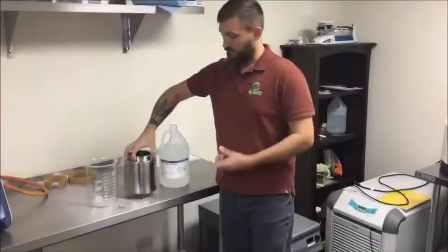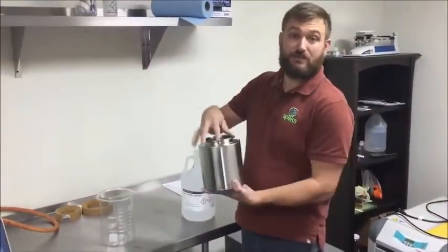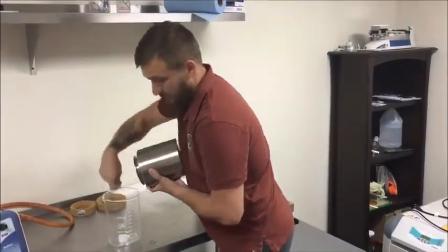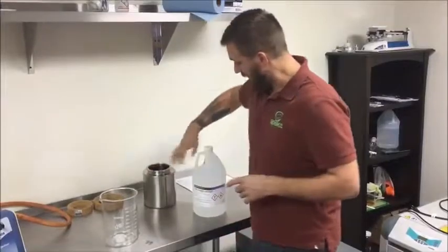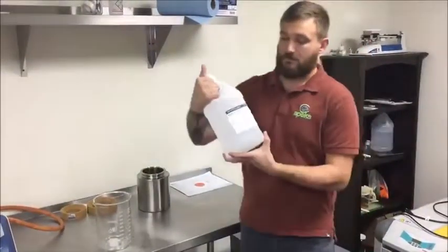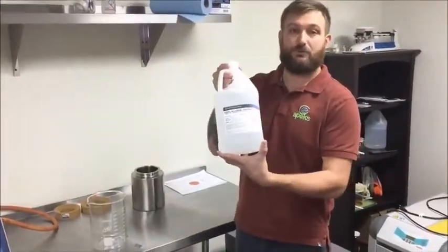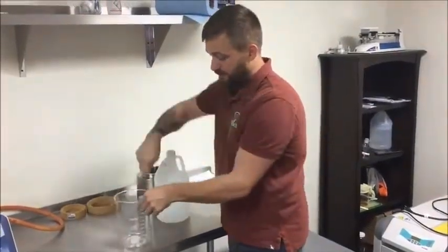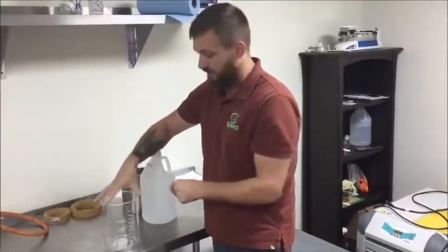First things first, you pull your cup off the Apex machine, your extract in it, get you a large beaker. You're going to put that extract down in the beaker. Then you're going to mix that extract with the high proof ethanol. Right here we have 200 proof ethanol. I would pour it in here, get a spoon, and stir up my extract with the ethanol,